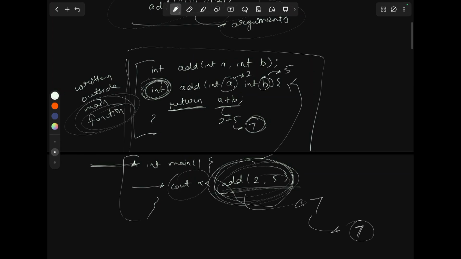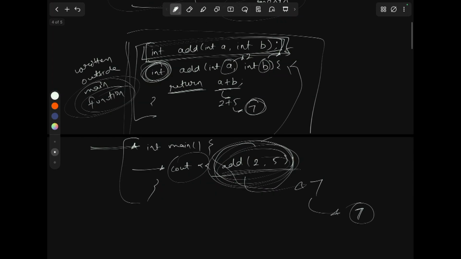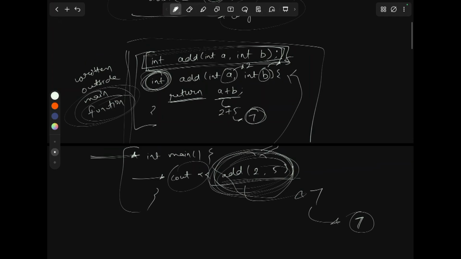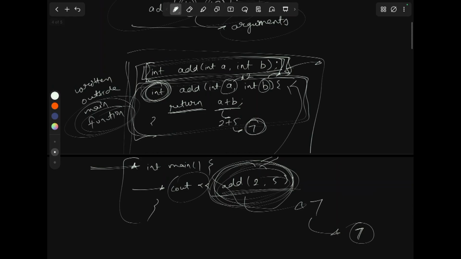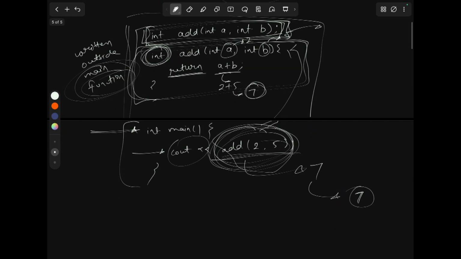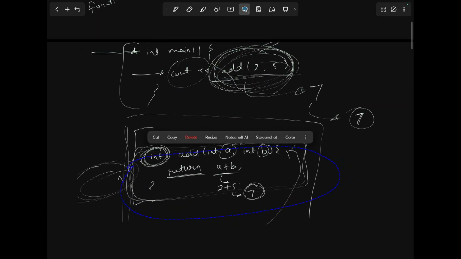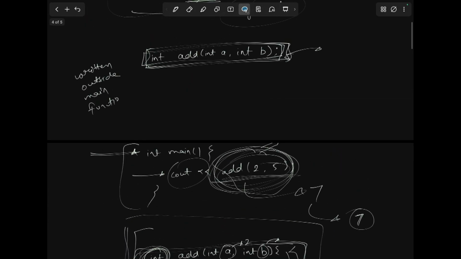Okay, now why do we need this function declaration? Right, because when we are calling a function, it directly calls our function. But do we need this? In this code, we don't need a function declaration. But let's say if you want to write this function definition below the main function, then you have to write